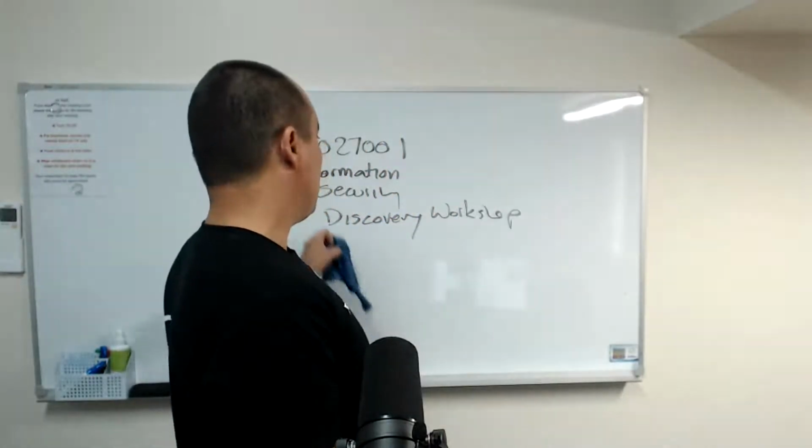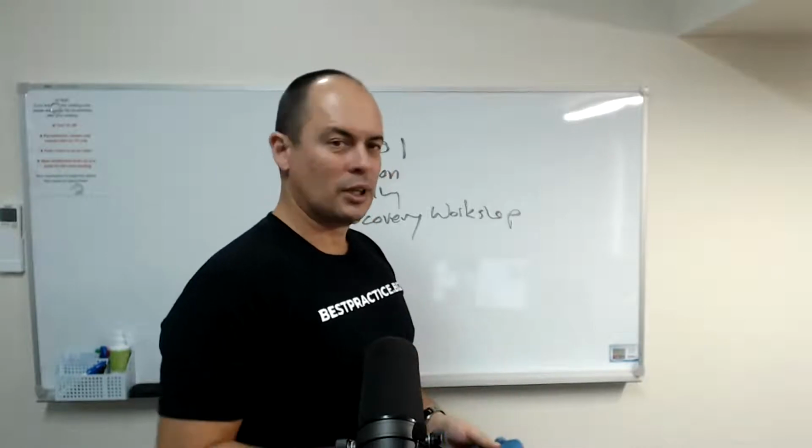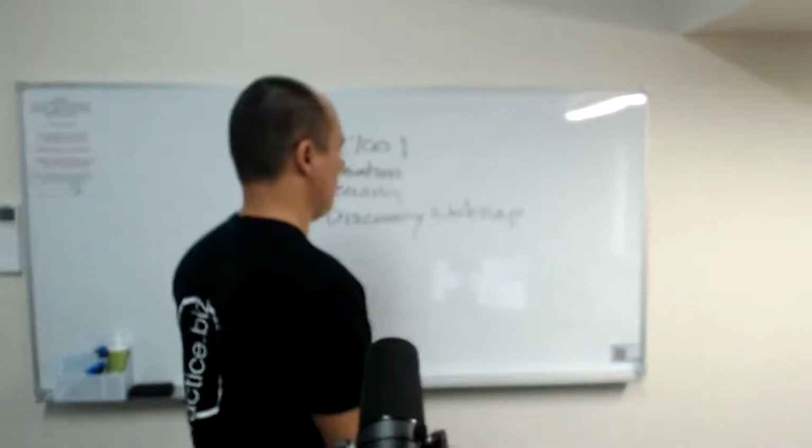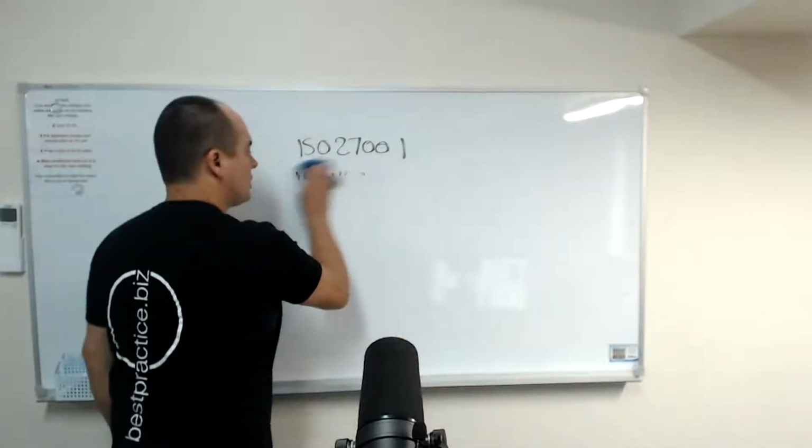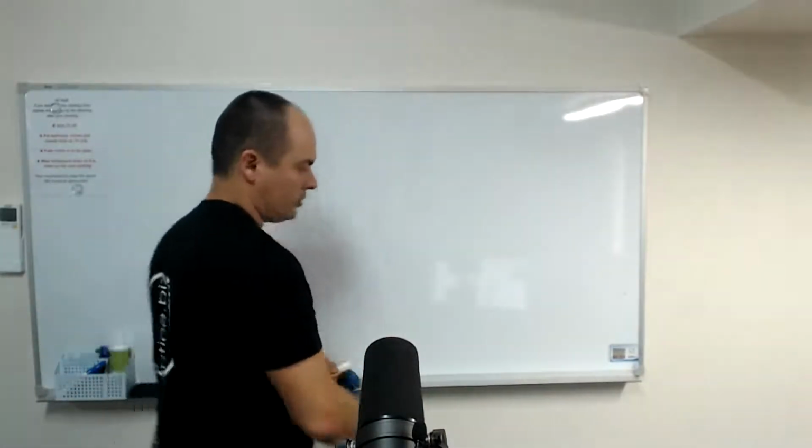Okay, so what I'm doing today is, really quickly, in 30 minutes, a basic discovery workshop. I want to draw your attention to a couple of key areas of the standard, and then I'm going to wrap up. What the ISO 27001 standard has is this Annex, which is reference control objectives and controls. And this is where you're going to get the most valuable information from the standard. I apologize, I'm just going to refer to my notebook for this. I'm going to read out a couple so you understand the direction this is coming from.